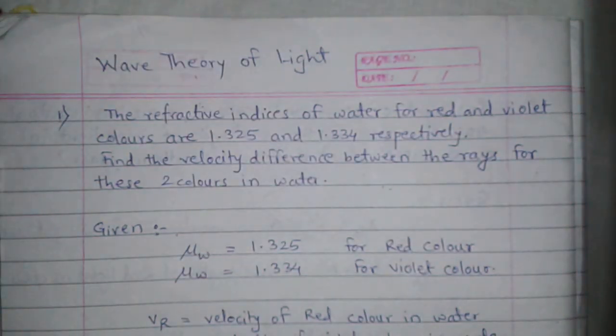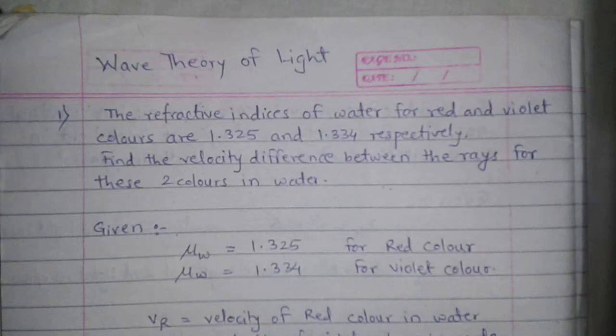Hello friends, today we will study about the problems in wave theory of light. Let's see the first problem. Here in this problem we need to find the velocity difference between the rays for the two colors in water,